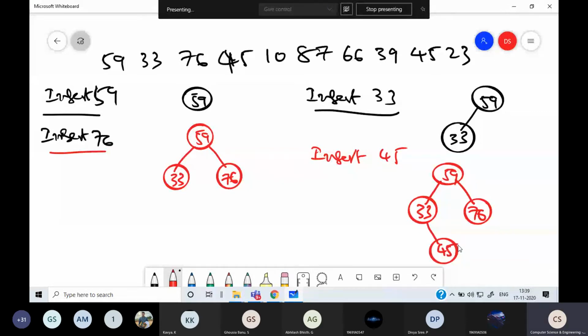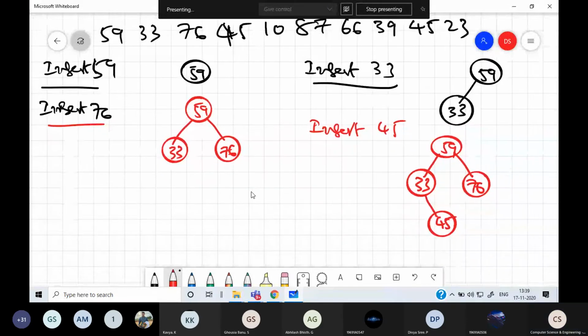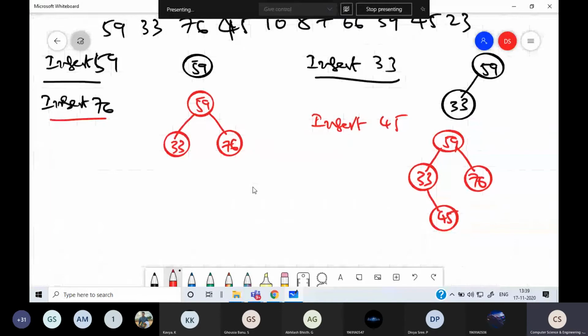After the insertion, then we have to insert 10.